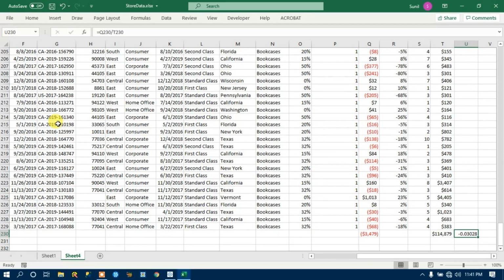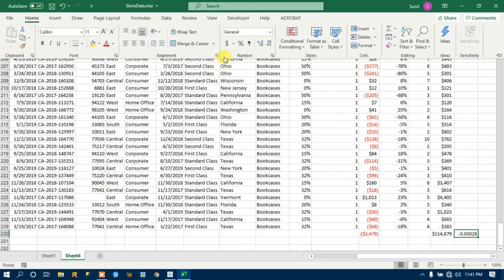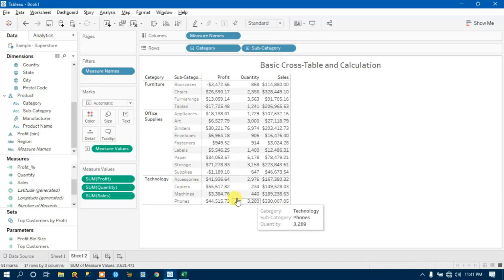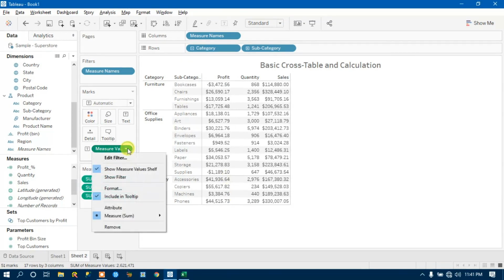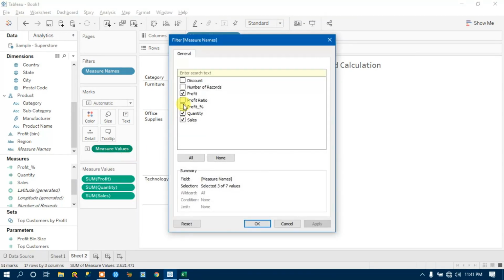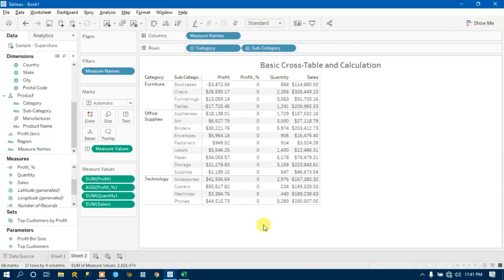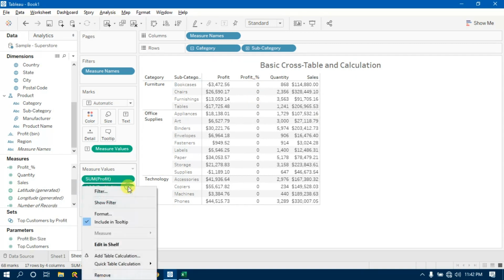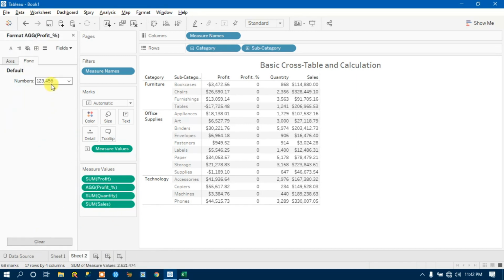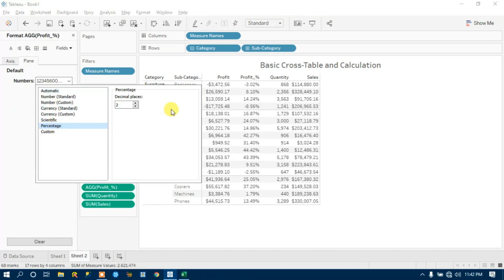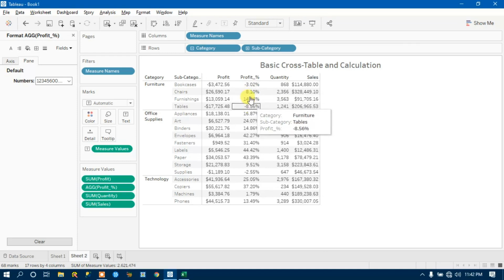Now that I have applied an aggregation function, it is doing it this way, right? If I convert this into a percentage, it gives me 3%. If I come back here and include the profit percentage, edit filter, profit percentage, apply, then okay. You are getting 0 because the format is not good. If you click over here, format, and click on percentage, this is how it is calculating the percentage, which is correct.